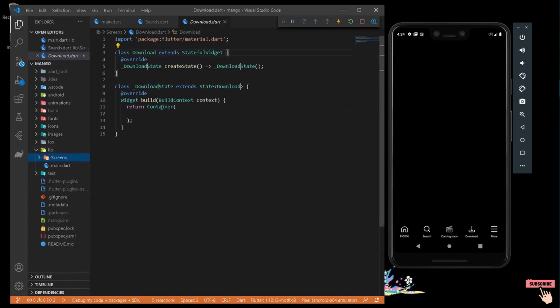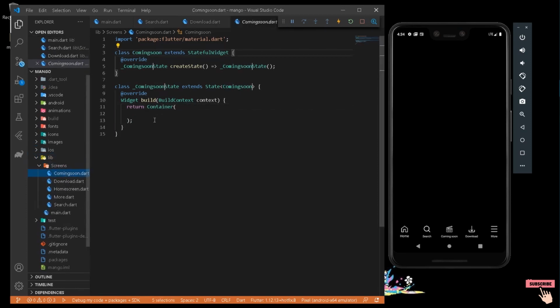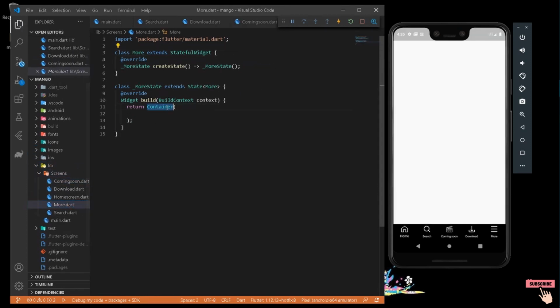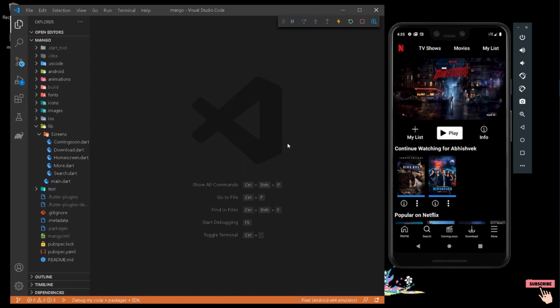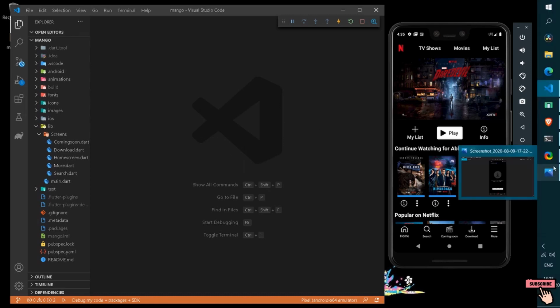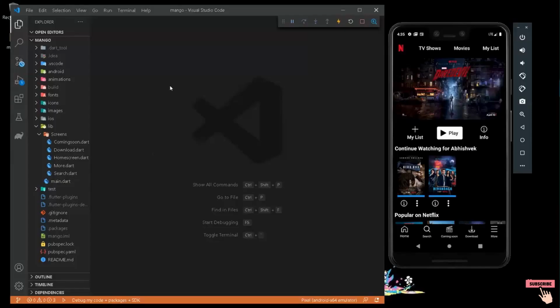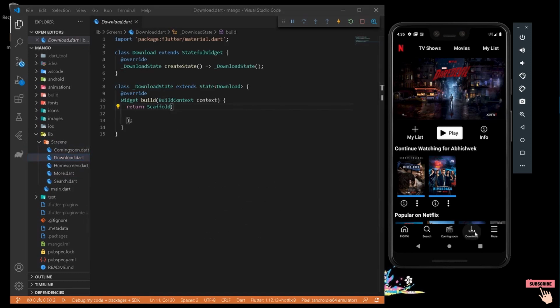So coming soon we have a scaffold. Cool. Okay, library screens, coming soon, a scaffold and a scaffold. Cool. So we have our screens ready. That is, on pressing the following button we are getting navigated to our custom pages. So according to the objective of today's video, let's try to implement a download screen, which is the following screen. So just close these ones, and under this download one, let's move on to download one here.